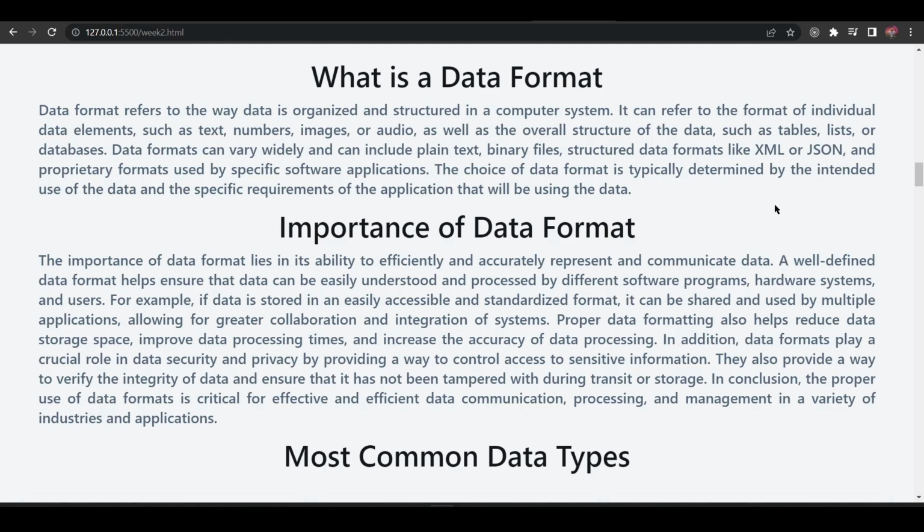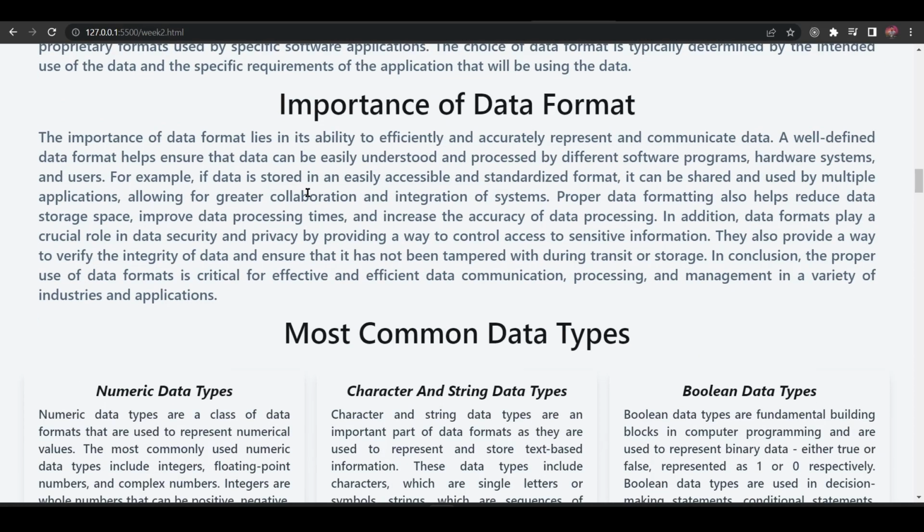So, what is the importance of the data format? The importance of data format lies in its ability to efficiently and accurately represent and communicate data. A well-defined data format helps ensure that data can be easily understood and processed by different software programs, hardware systems, and users. For example, if data is stored in an easily accessible and standardized format, it can be shared and used by multiple applications.